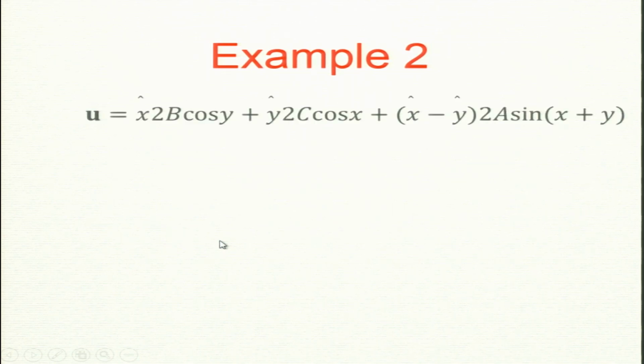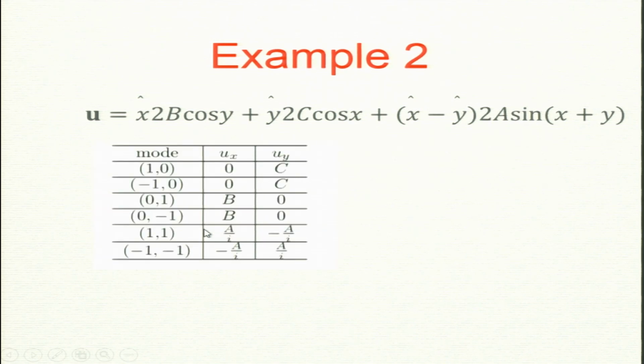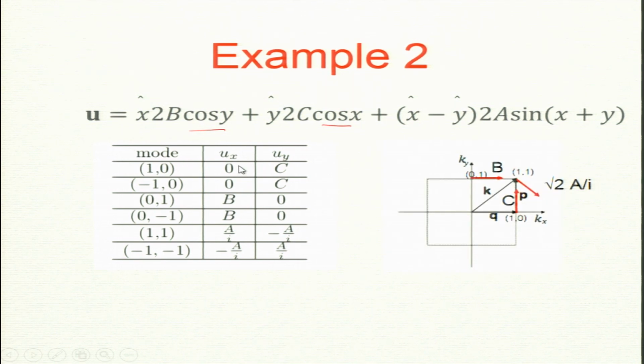Now, let us do the example which we have been working on for quite a while. You have seen this example again and again; this is the third time we are seeing it. How many modes are there? cos y, cos x and this one. I did this before, so I do not repeat it. There are two triads: the K and minus K triad, and one triad I have drawn here: 1 0, 1 1 and 0 1.